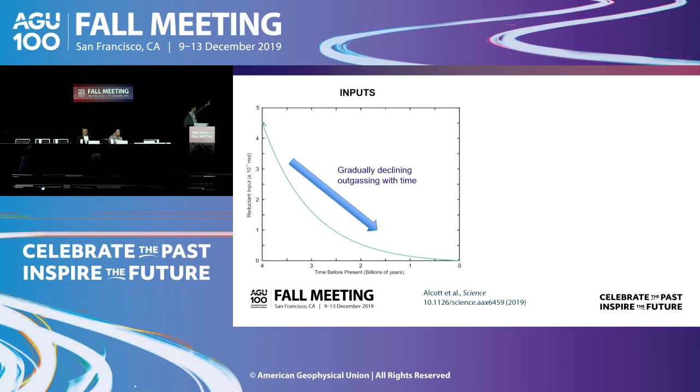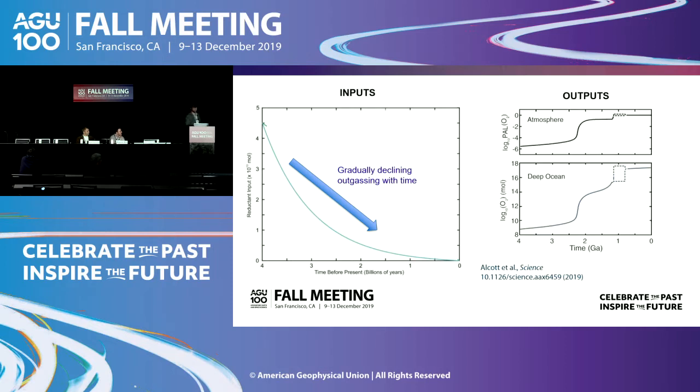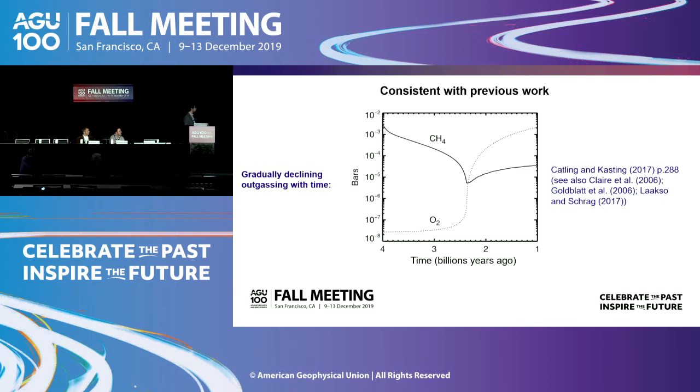So they just impose this gradual oxidation of the surface, which is done by a decline in the amount of volcanic gases that are coming out that like to consume oxygen, things like hydrogen and CO. And with that input, they can then reproduce the history of oxygen on Earth, as Ben alluded to. Reassuringly, this is consistent with some previous modeling work that have done a somewhat similar thing, where they've gradually reduced the amount of oxygen consumption from other gases, and you see the same sudden transition from low oxygen. You hit a tipping point and it jumps up.